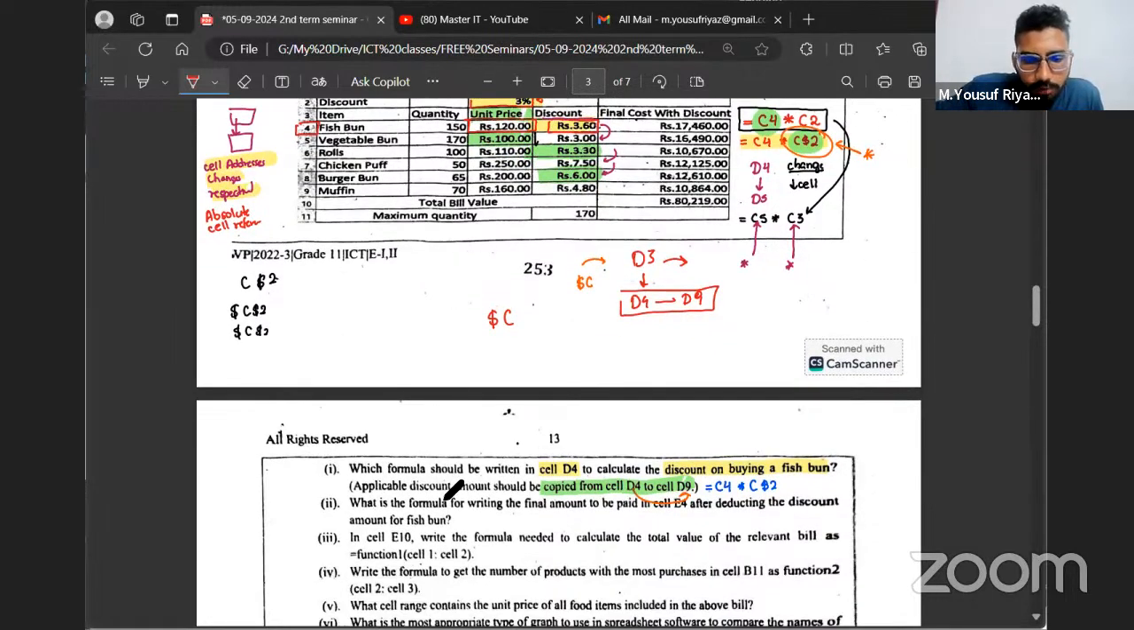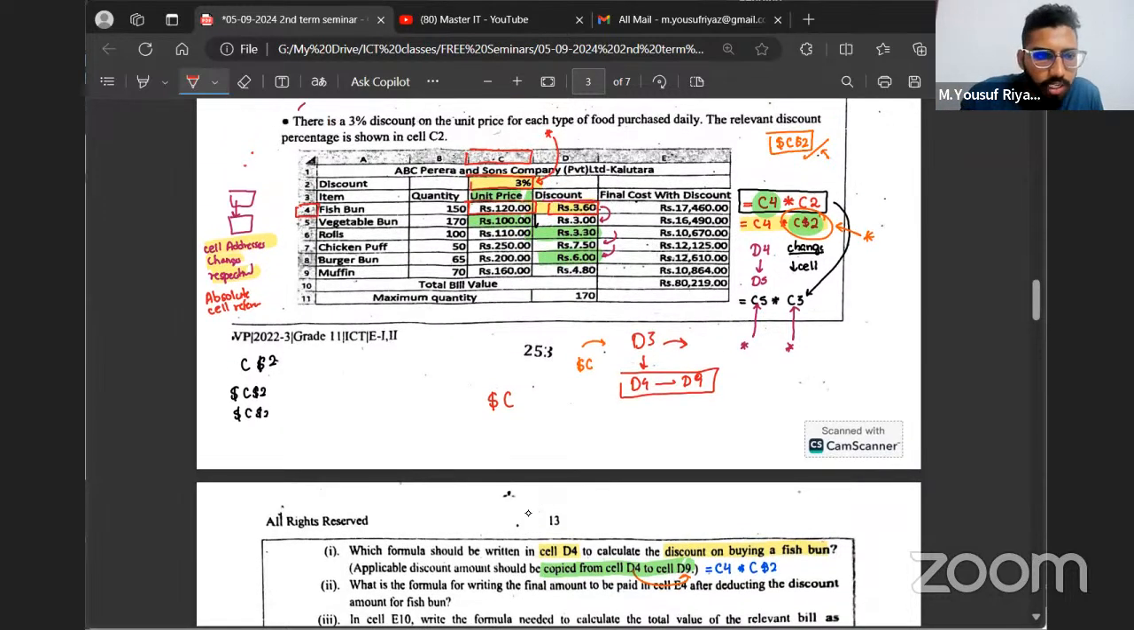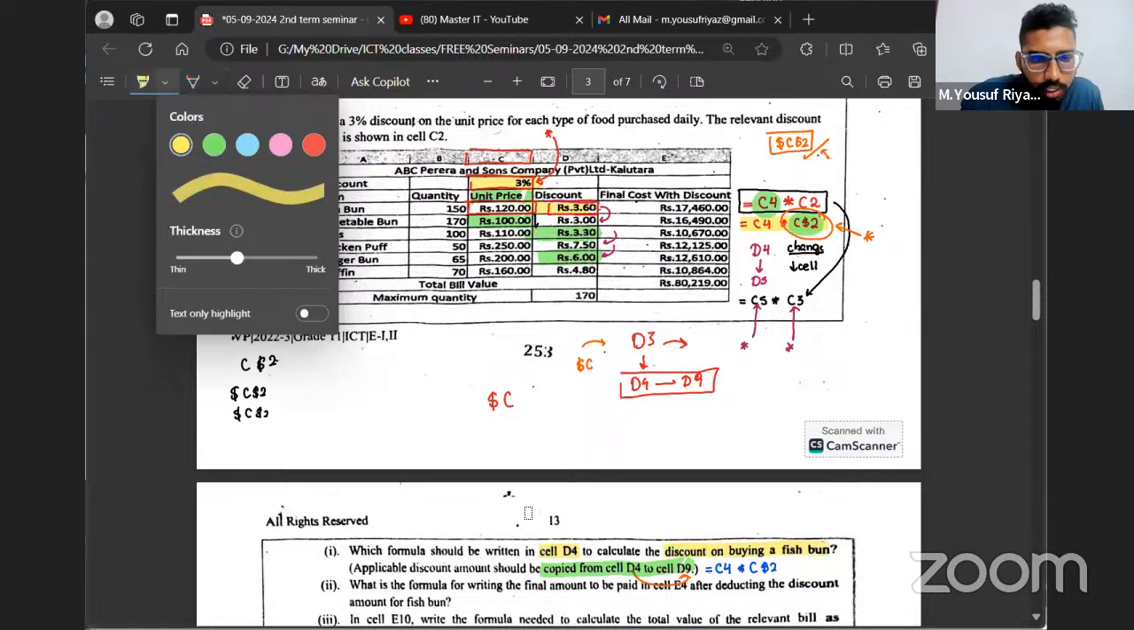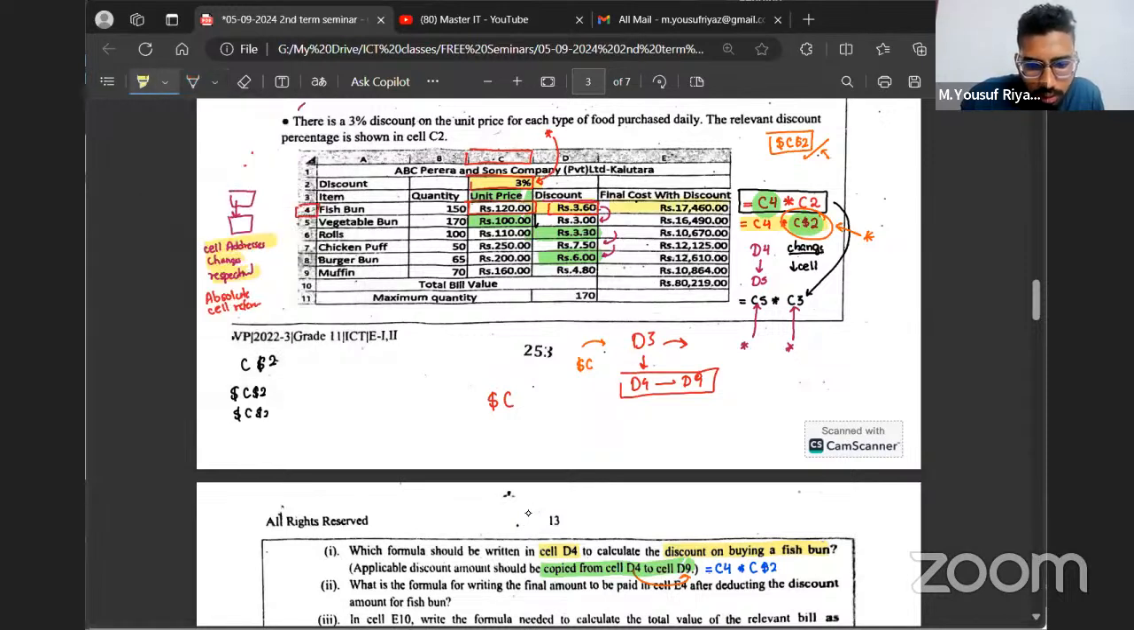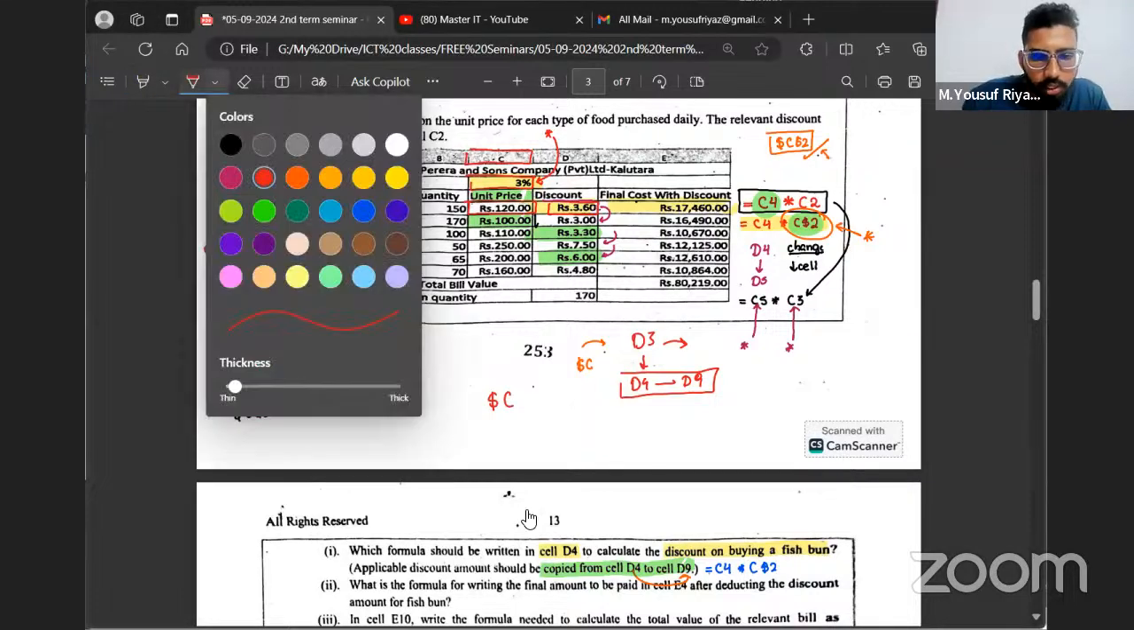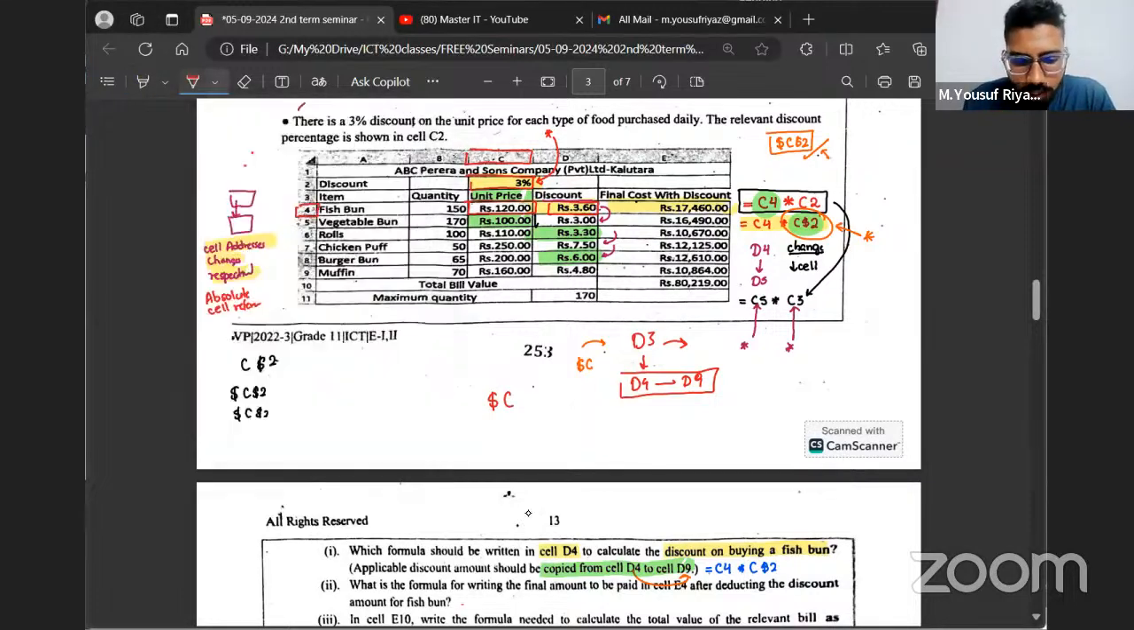Next, what is the formula for writing the final amount to be paid in cell E4? So they're asking what is the amount that has to be mentioned in cell E4. E4 is this. In cell E4, the amount to be paid after deducting the discount amount for fish bun. Okay. So what you can do is you can write a formula there for the total value after the discount. You can mention there equals C4 minus D4 into B4,